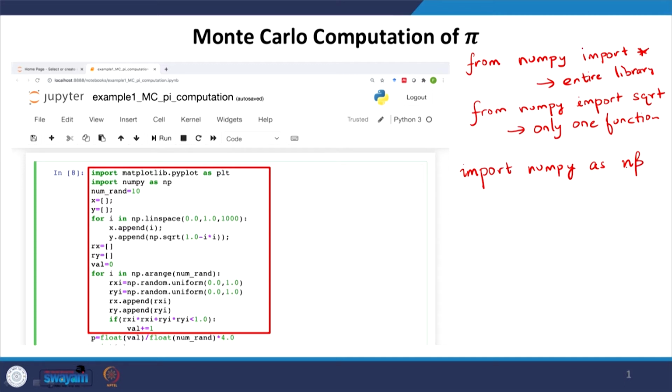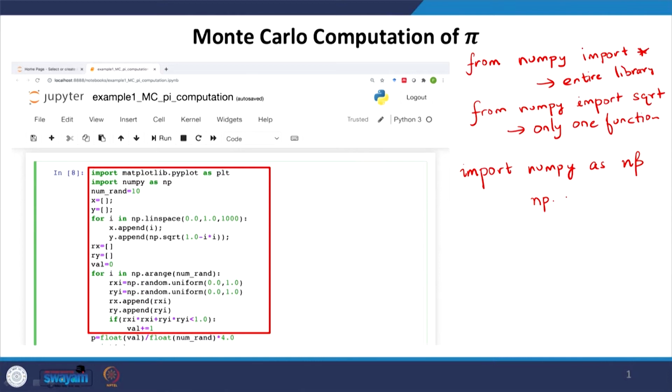So now I am importing the entire NumPy library, but now the functions have to be called by something like np dot sqrt for square root. In the earlier case, I could have done simply sqrt and the code will interpret. So by using as and a name that I can give, you can give any name, as I have chosen the name np. So then it is basically imported as some kind of an object, and the functions have to be called from that particular object.